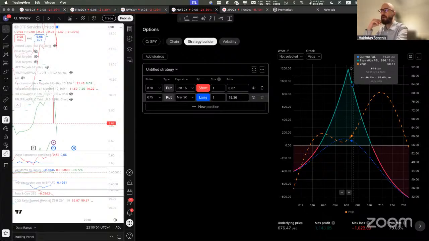So you just bought it for 1,100, let's say. And now, of course, if market collapses as you expected, and before March expiration, of course, your profits will become uncapped. You can make, I mean, if ES go to 5,000, you will make